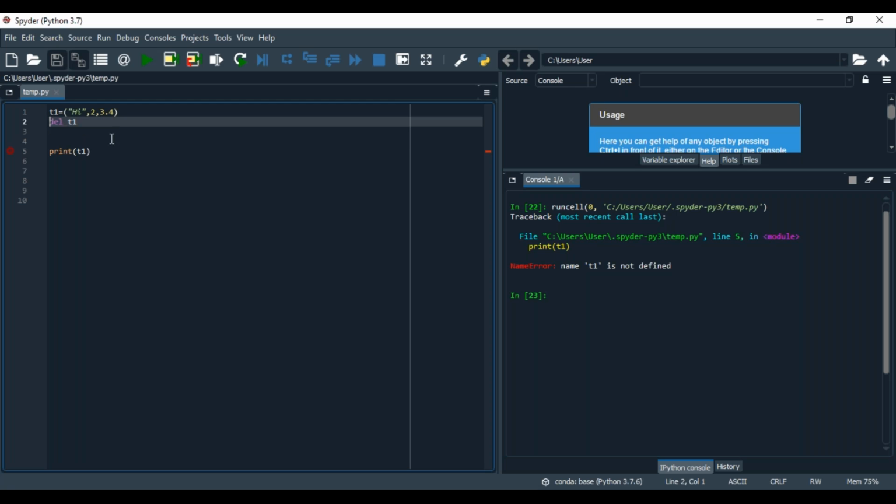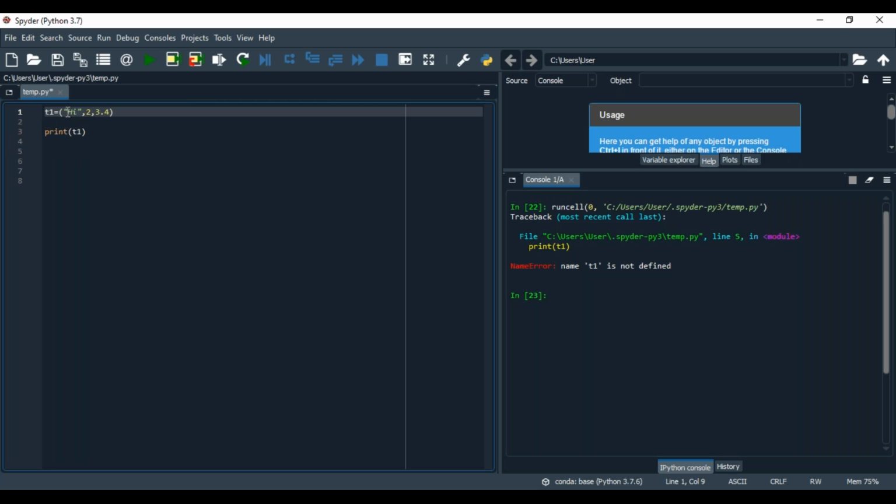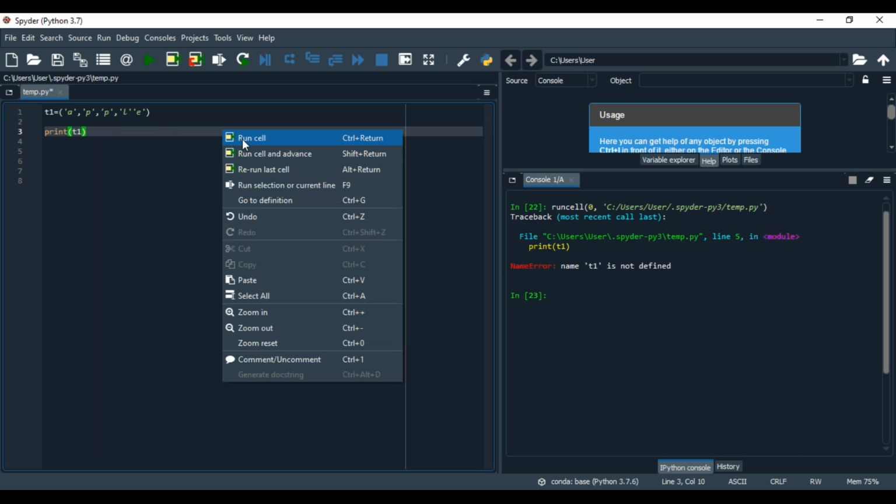See now, the given tuple, for example, the characters A, comma, P, comma, P, comma, L, comma, E. Print T1. See, the apple will be displayed on your screen.